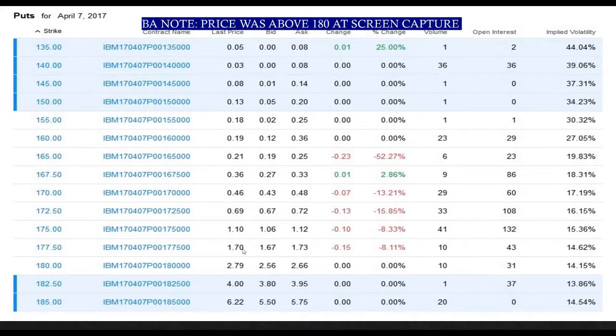In my own trading, I don't spend over what'll show up as $2 on here. It's actually like this is $170. This is $110 per contract. I don't spend over $200 per contract. Like I'll buy 5 contracts, but the 5 contracts are going to be less than $1,000. So when you see $1.10, it's not $1.10. It's actually $110. For those of you that are relatively new, I'm going to keep this video kind of short and sweet